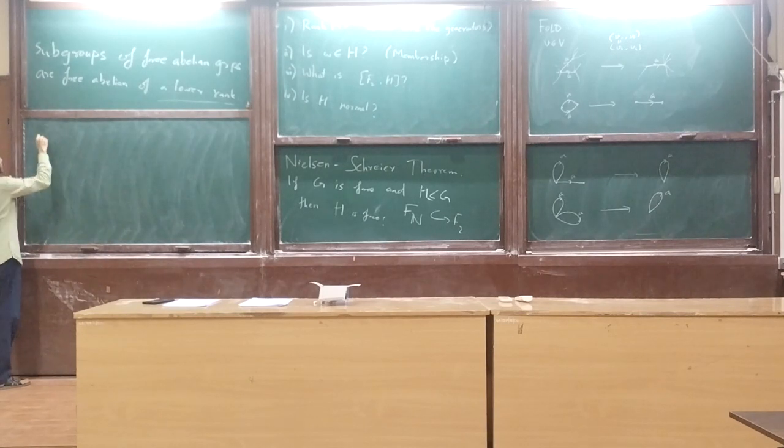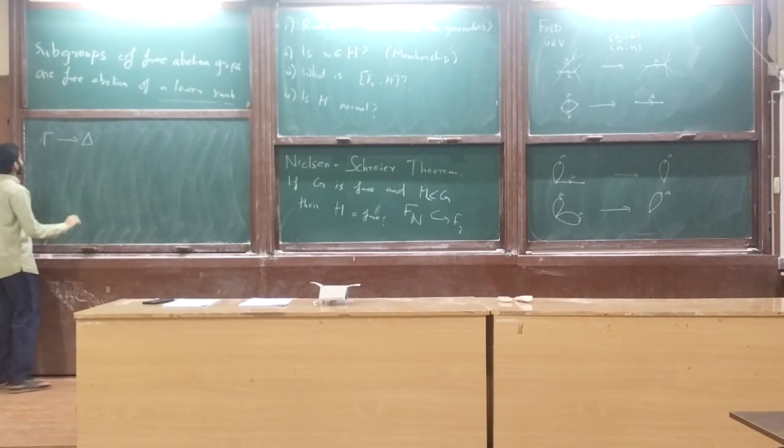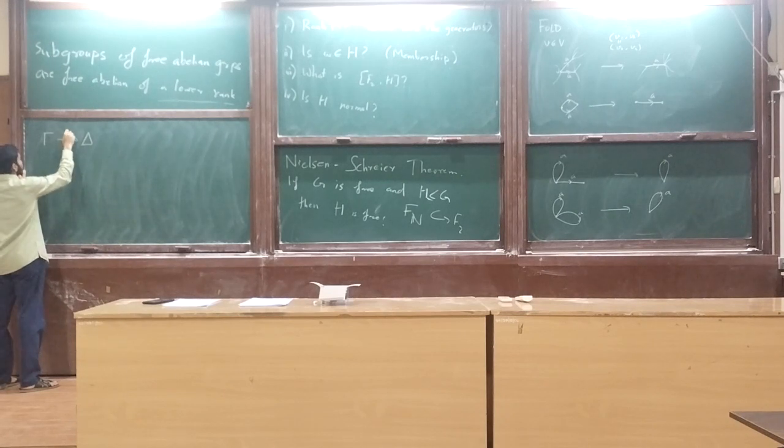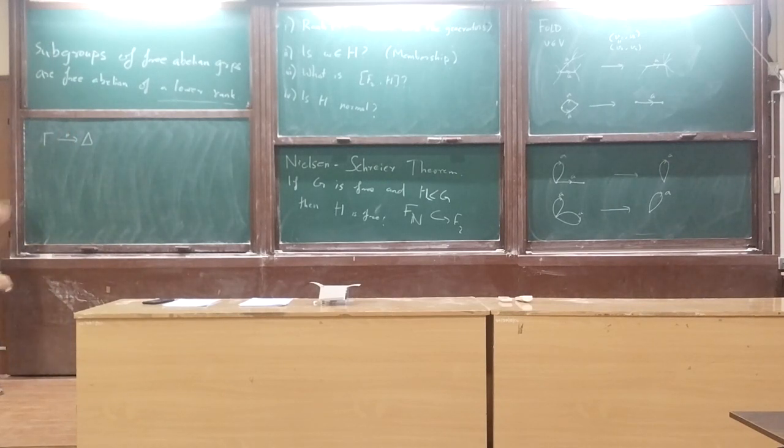We don't have these things for infinite graphs. You start with two graphs, gamma and delta, and this is a graph map. Graph map meaning that edges go to edges, vertices go to vertices, and vertices which are adjacent here have to be adjacent there also. So if gamma to delta is a graph map, let's say P: gamma to delta is a graph map. Then